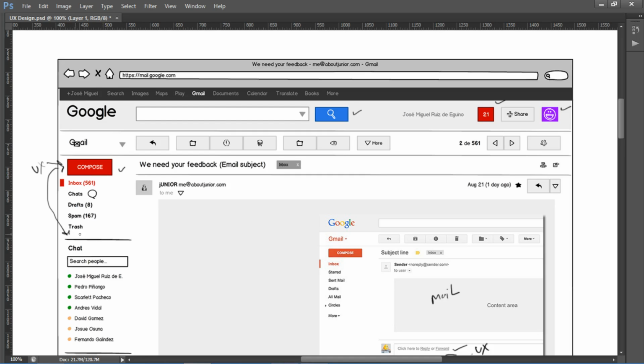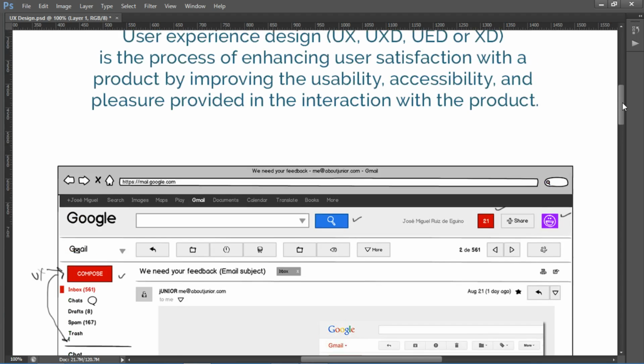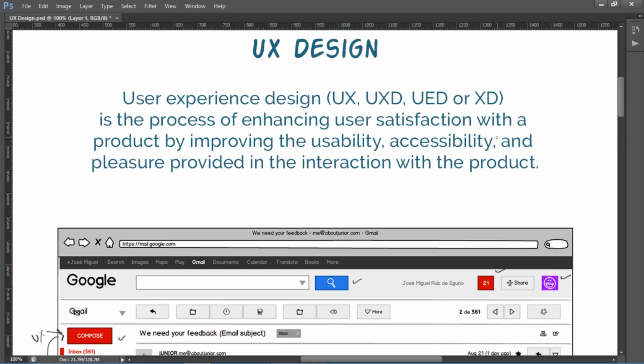If there is a label here called compose, he will definitely not like it much because he has to find it in this list: inbox, chats, drafts, spam, trash. Okay, he has to find it in this list here. He will waste his 5 seconds and he will say, I don't like this product. So that is why as a user experience designer, you have to consider user satisfaction.